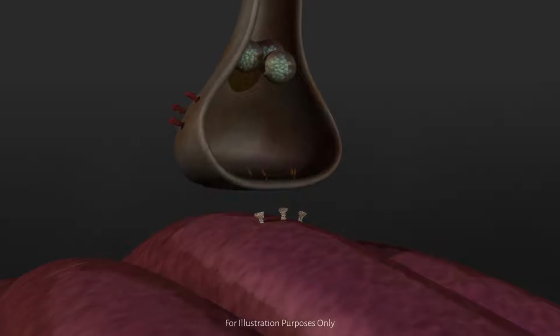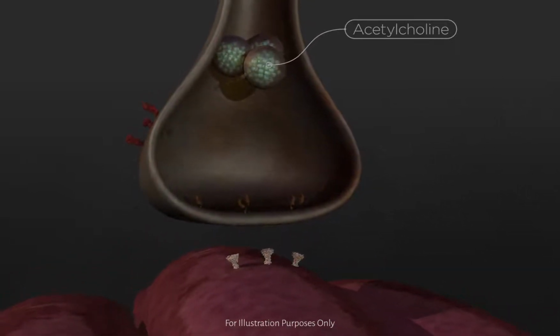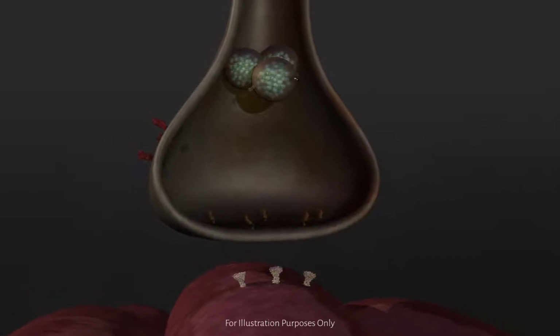Dysport blocks the release of acetylcholine, the principal neurotransmitter that causes muscles to contract. Let's take a closer look at what happens at the neuromuscular junction when making a frown. The nerve signal that causes a frown involves the neurotransmitter acetylcholine, which is stored within the nerve cell in structures